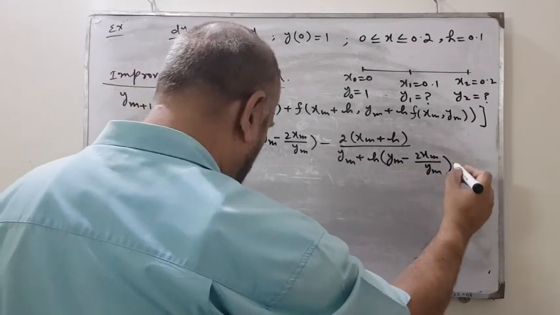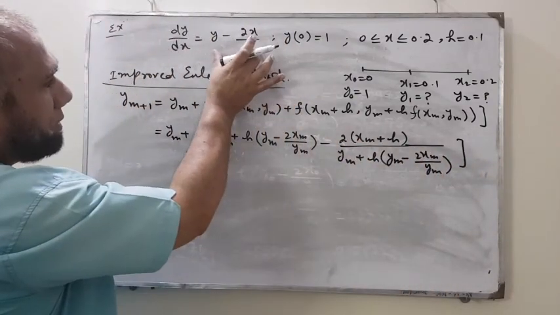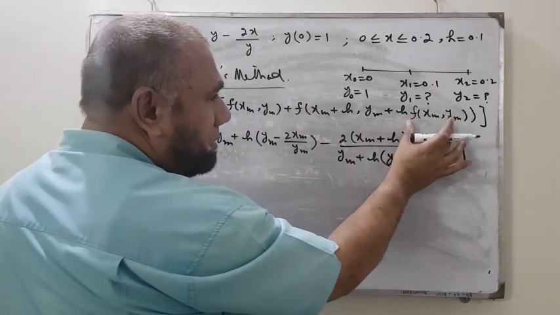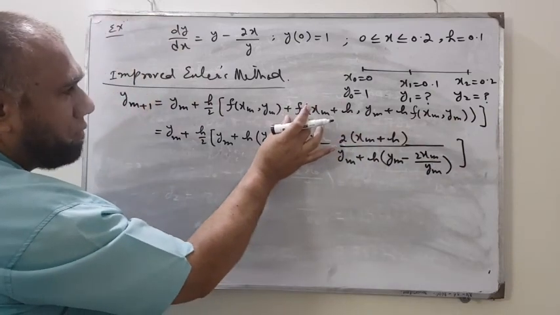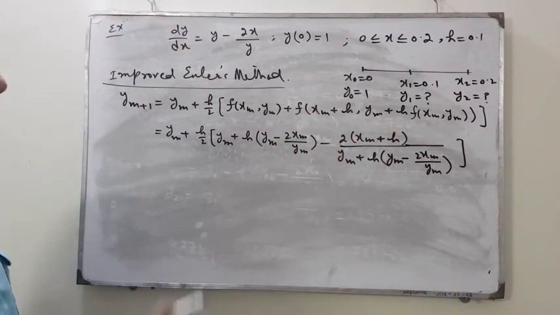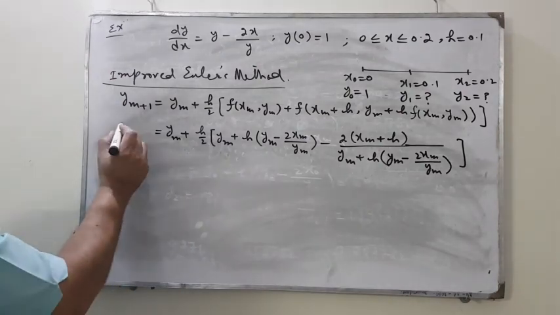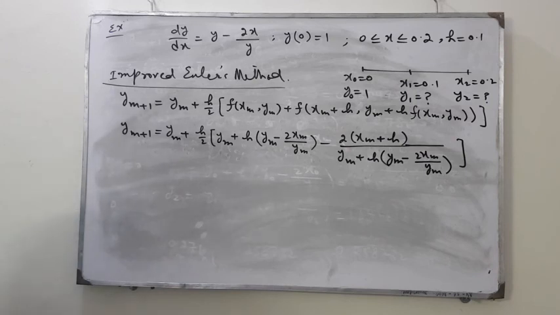This is the result you will obtain after putting this function in place of this part. First these will be replaced, then you replace the outer function, and on simplifying you will get this recursive relation. On the left side there is always y(m+1). Now on using the value